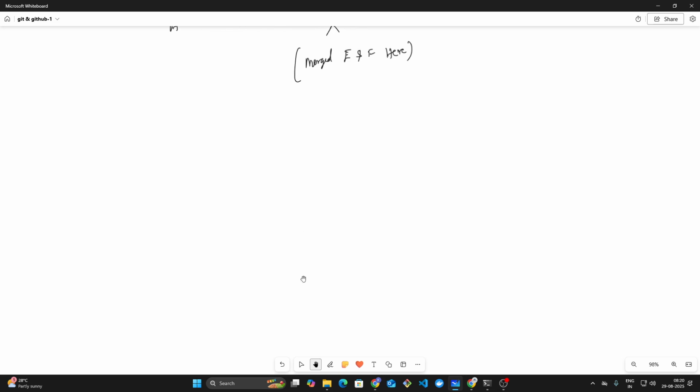Working with GitHub remotes. Here you will learn clone, push, pull, fetch, all these operations